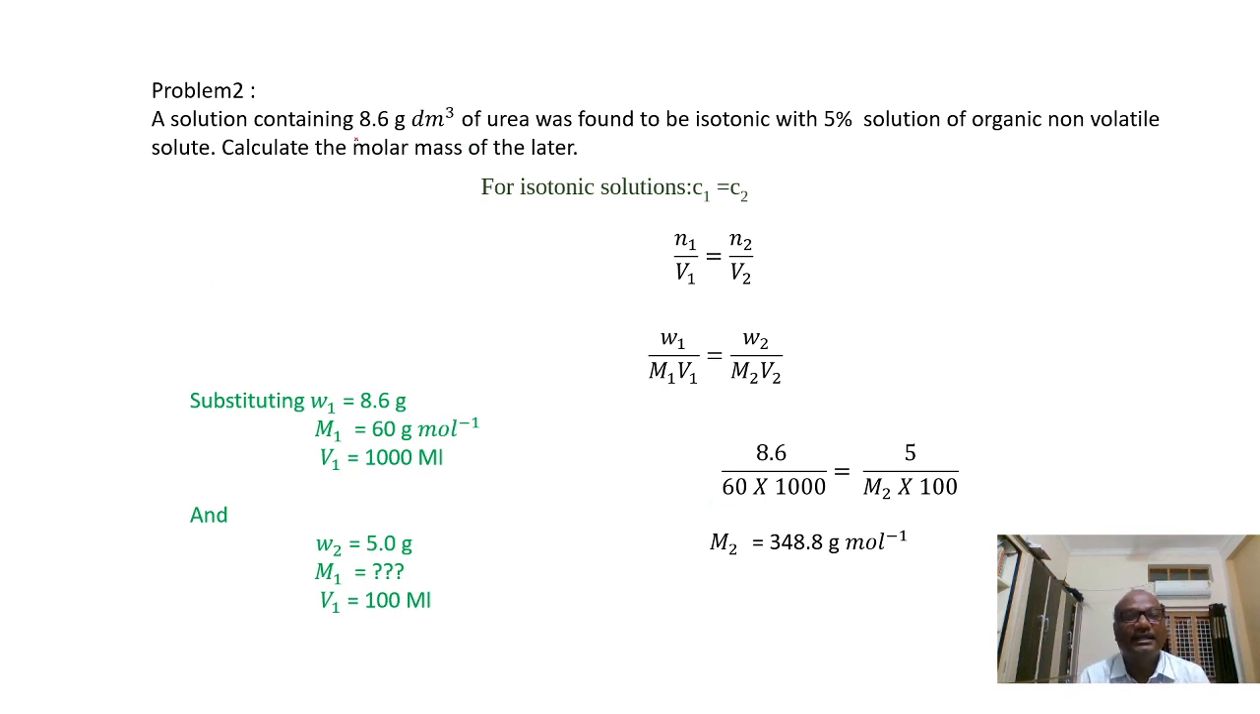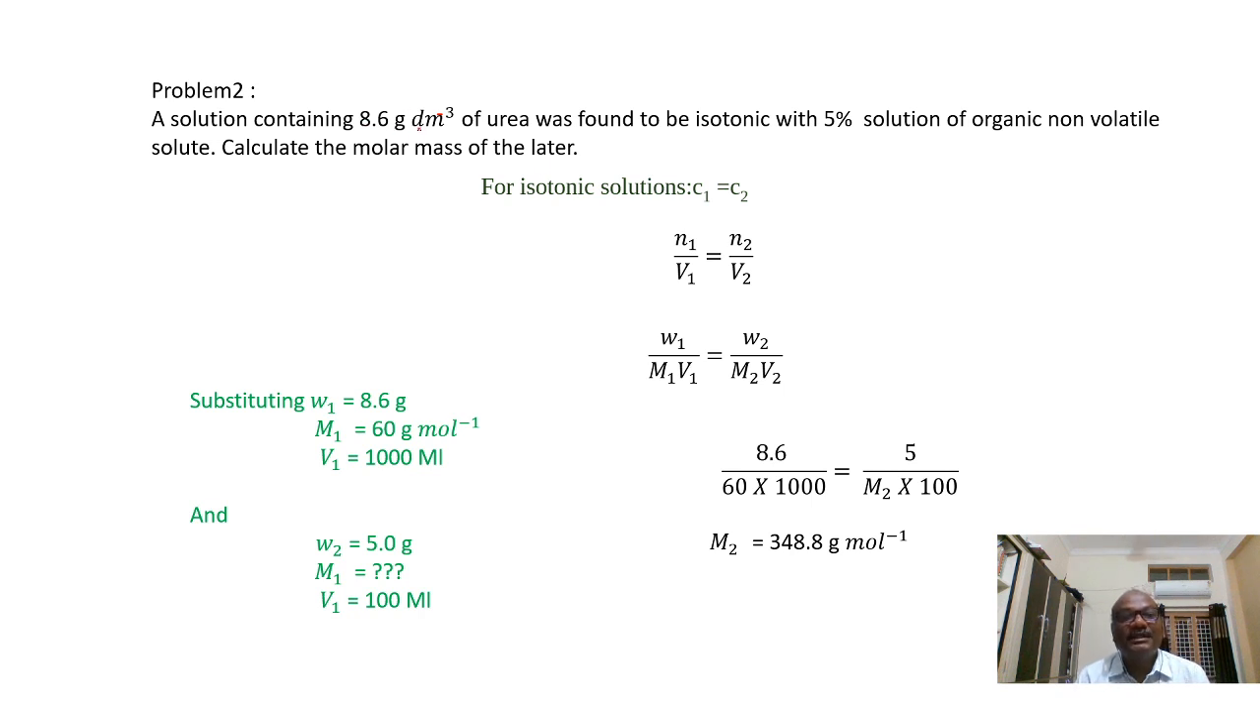A solution containing 8.6 grams decimeter power minus 3 of urea was found to be isotonic with 5% solution of organic non-volatile solute. Calculate the molar mass of the latter. Two solutions are there. In the first solution,